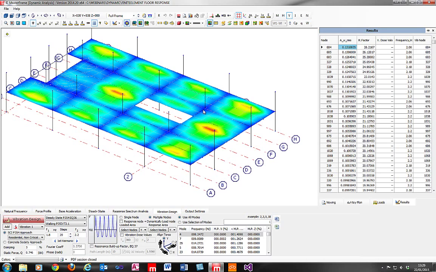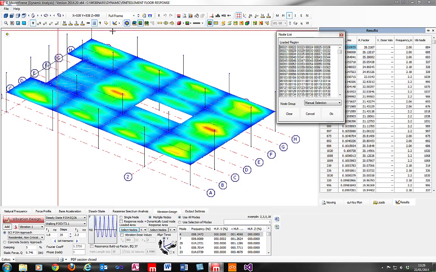If we take, for instance, the example of where this might be a critical area, such as an operating theatre, and we may have a corridor running outside that operating theatre, and I'd like to know what the response factors are in that operating theatre due to someone walking down the corridor. And this is a case where the response node not equal to the dynamically loaded node might be important or relevant to us. So let's go and select some nodes,